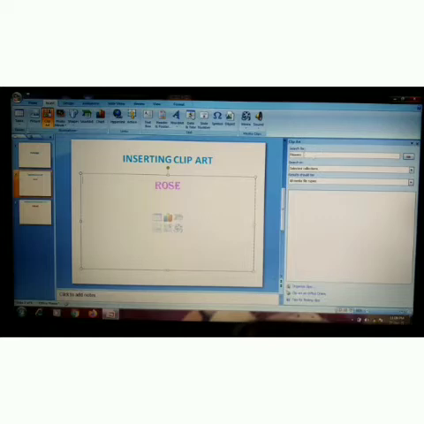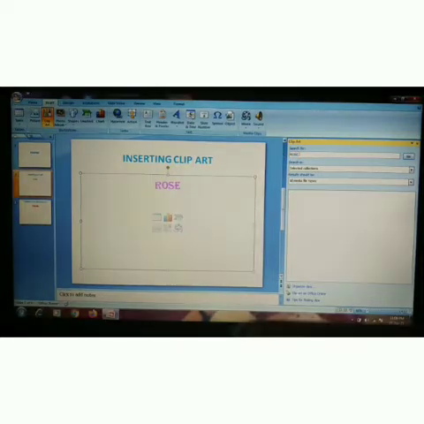Here you can search for the clip art you need. For example, you want to get the pictures of a rose flower. So I can type the name here, then click the go button. What did I get?